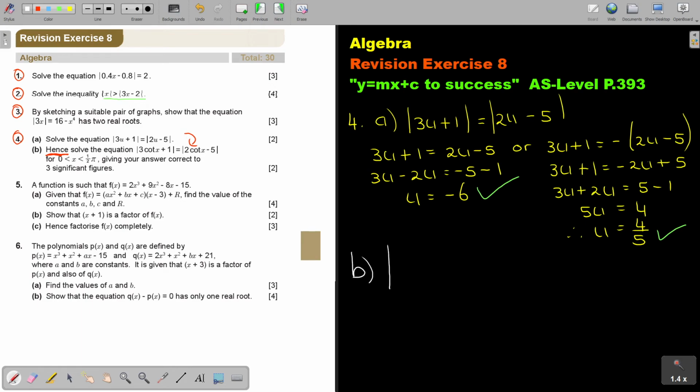It's going to be 3 cot x plus 1, and it's going to be 2 cot x minus 5. Okay. Now, if you compare it, take note, 3, 1, 3, 1, 2, 2, negative 5. So, from A, you can see,